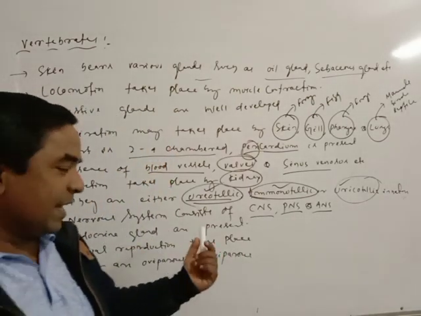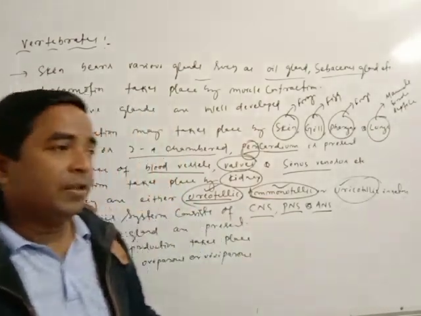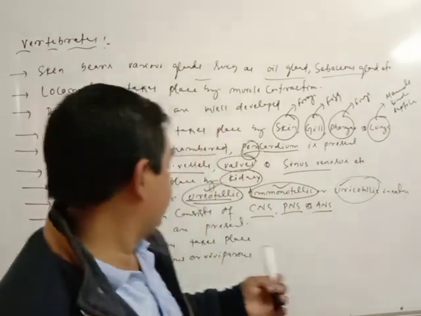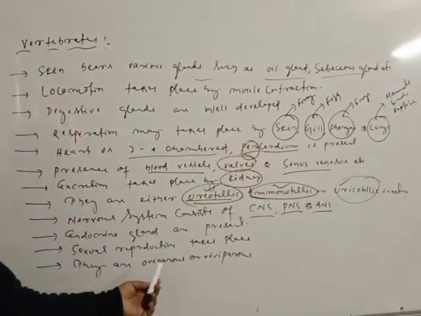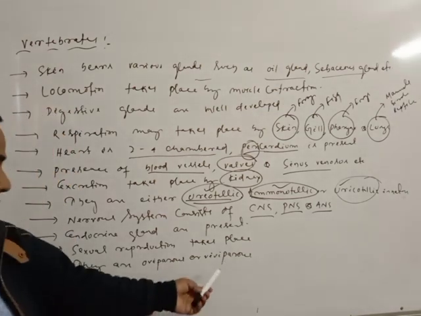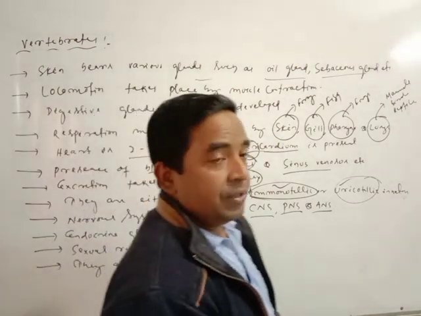Sexual reproduction takes place with distinct sexual dimorphism and courtship. Although some show polyandrous and polygynous relationships, courtship is common. They are either egg laying or young bearing, oviparous or viviparous animals. In the next class, we will discuss cyclostomata.